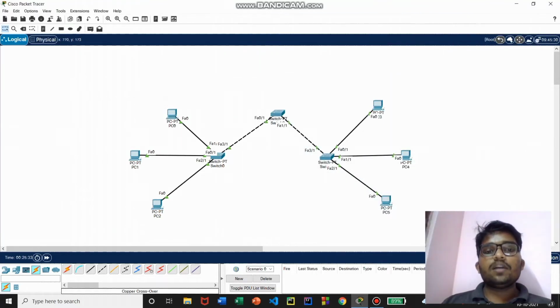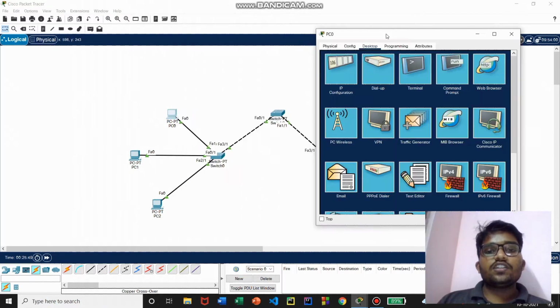In this video, we are going to see about inter and intra VLAN routing configurations. So this is the topology we are going to work with. First we'll begin with the intra VLAN routing. We don't need a router in this case because traffic doesn't flow across the network address. This is a single LAN and we perform the configurations within that LAN.